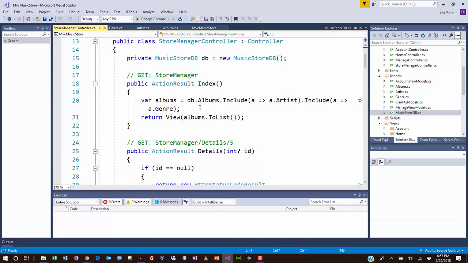And just for example, this very first snippet of code, because we use albums to do our scaffolding, it pulls from the database the albums, and it reads all the album artists, and then does the special command called an include